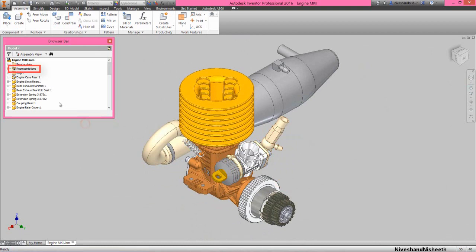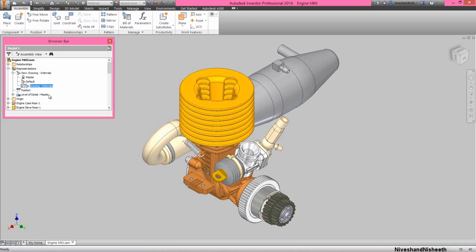Now we will go in the representations folder in the browser bar and create a new view representation on here. Name it as drawing internal so that we can see as many parts as we want in this view representation.